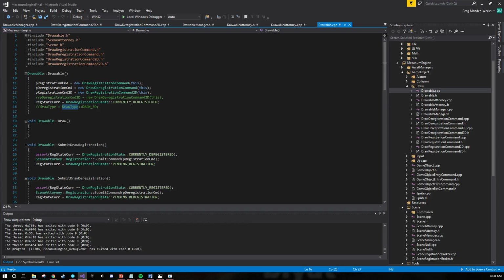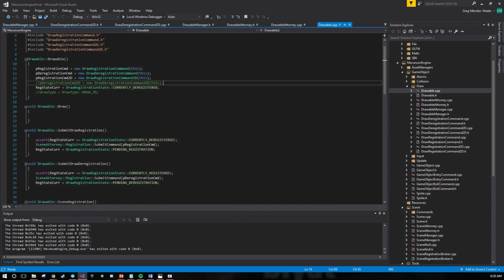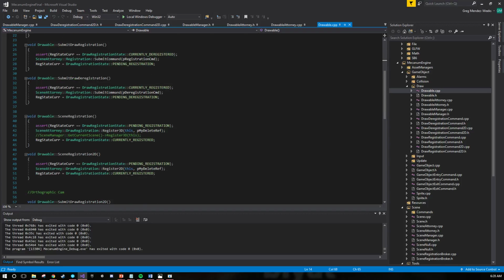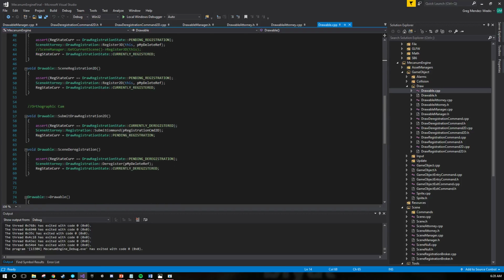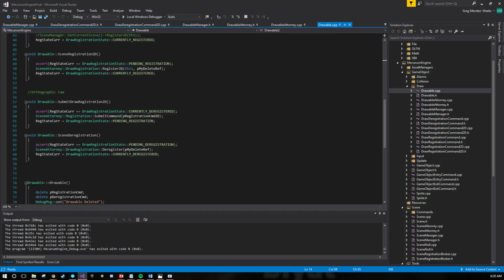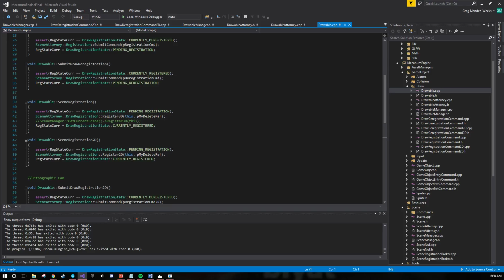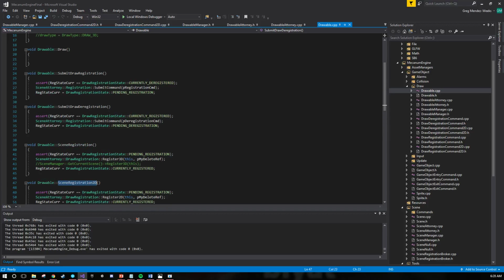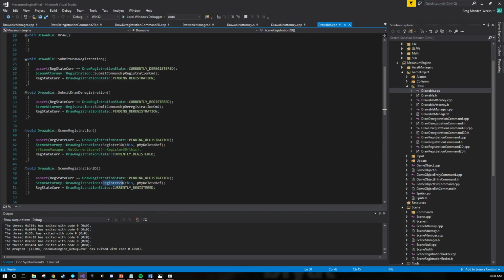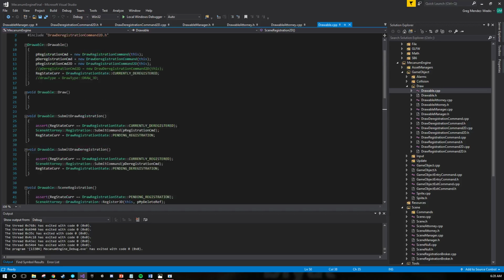And as I explained in a previous video, I initially wanted to use an enum to control this rather than the command pattern that you see here, but that resulted in an ugly if statement, so I just added another command. Alright, so scene registration 2D is calling the scene attorney to register your orthographic camera,